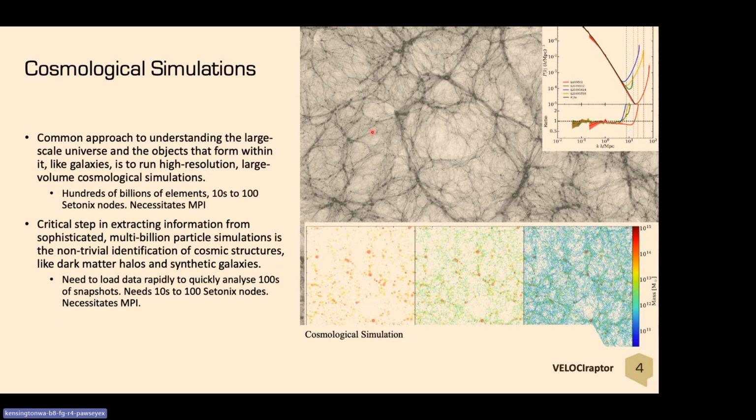A common practice for studying the large-scale universe, how galaxies form, how you go from maybe early universe to late universe, understanding the formation process of galaxies and stars, is cosmological simulations, because it's very hard to create experiments of the entire universe, right? So we do numerical experimentation. And this is an example of a cosmological simulation where you've evolved some approximations of the physical laws of the universe from an early stage of the universe to the current day, over 13 billion years,